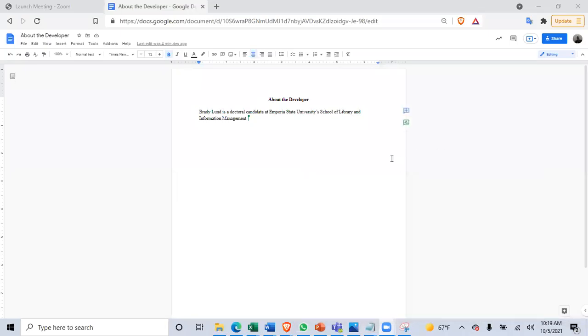Hello, everyone. So this week we're going to embed a web page into our website. So an external web page into our website. We're going to do that for our about the developer information. This shouldn't take very long from a technical standpoint, but I do want you to be able to take time this week to actually populate this about the developer document. So you'll have time to do that as well once you embed it into your about the developer webpage on